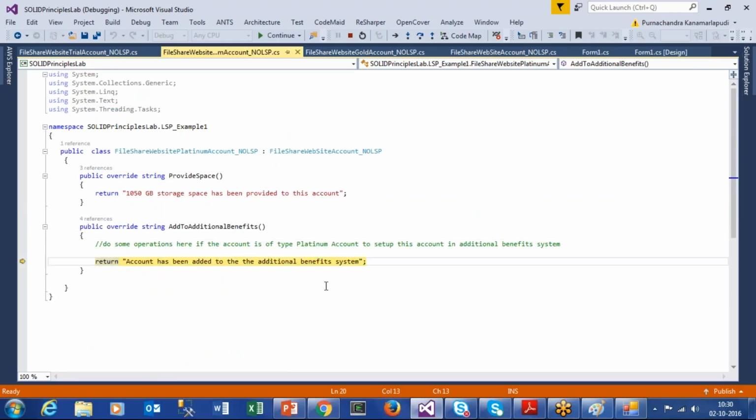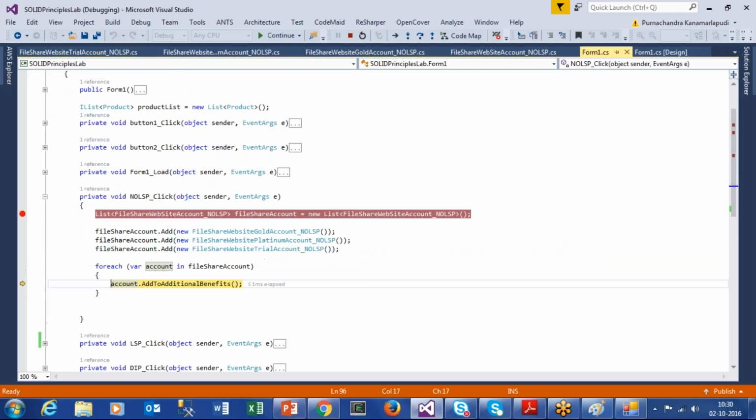Let's go to the platinum account. So again, now I am in the platinum account. I am adding this user to the additional benefits system. Just do F10, and then again, what's the next account? The next account is